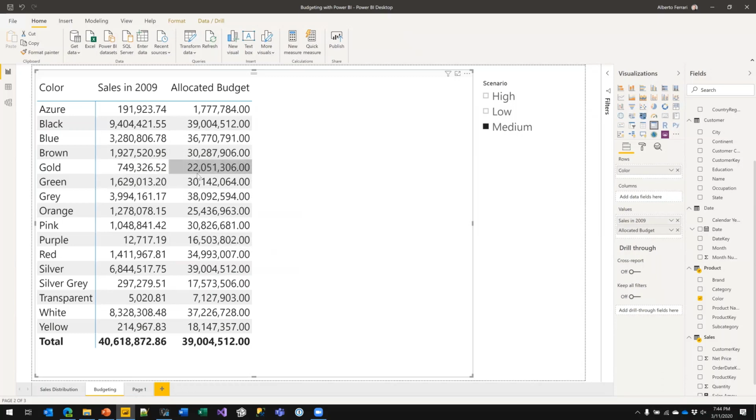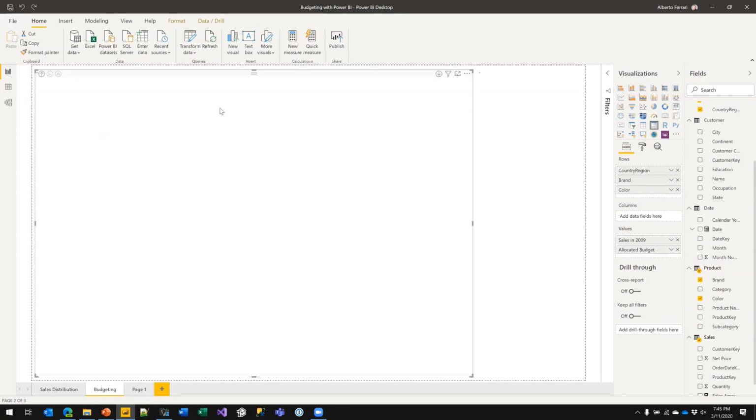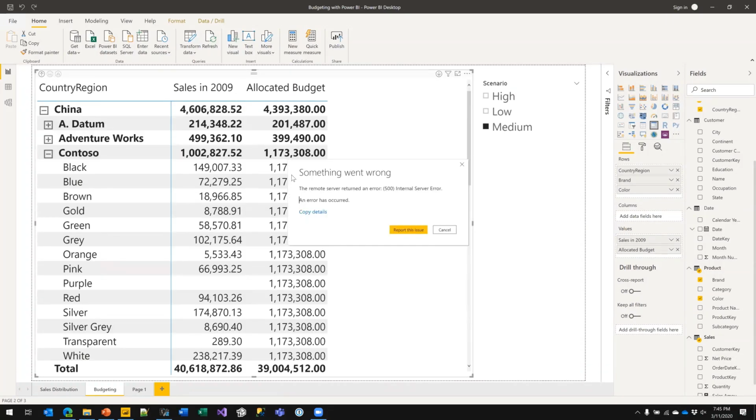What is happening here is that the filter between the tables is passed at the granularity of the relationship, in this case, the brand. So this is the budget of any brand that contains a product which is azure, any brand that contains a product which is black, any brand that contains a product which is blue, and so on. The filter on the color is transformed into a filter over a brand before being moved to the target table. We need to fix it. We need to make sure that